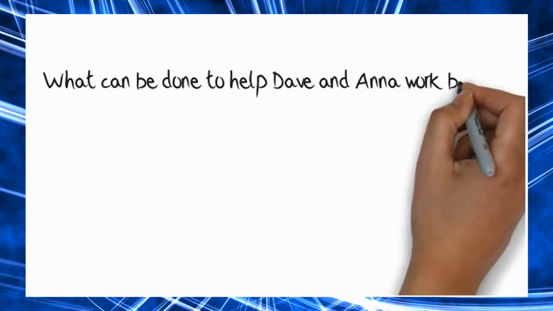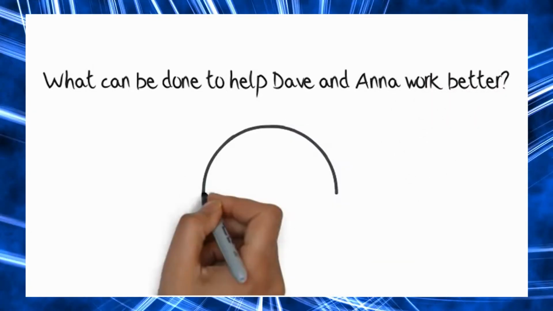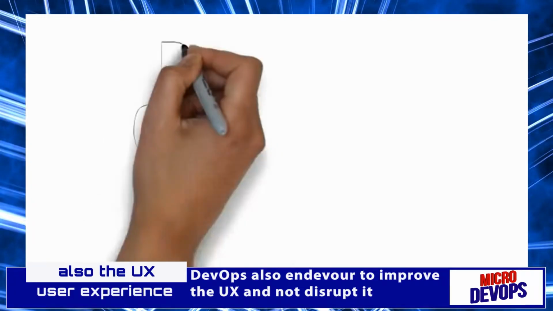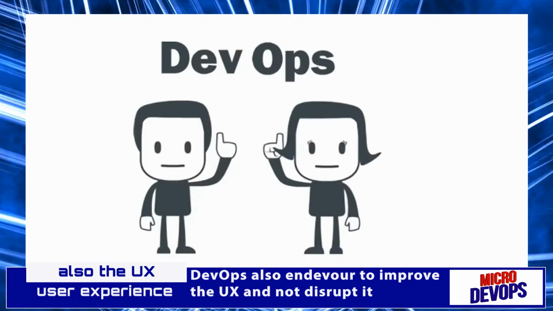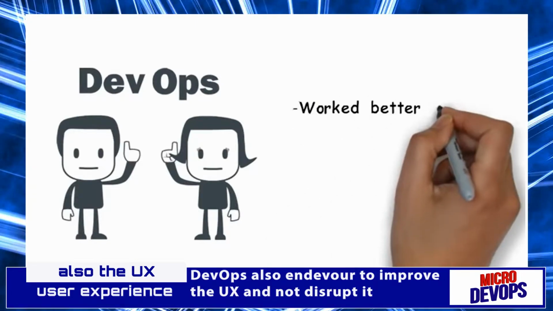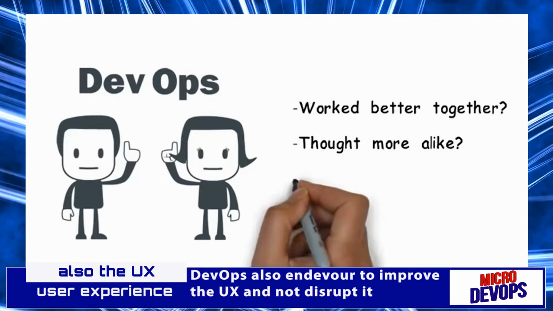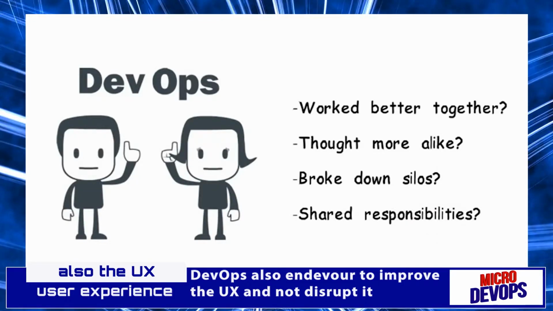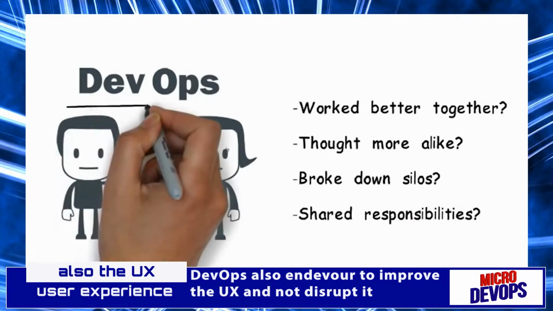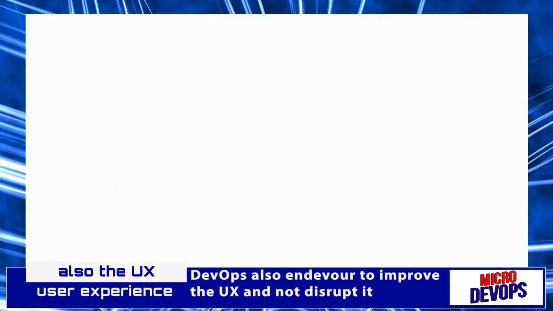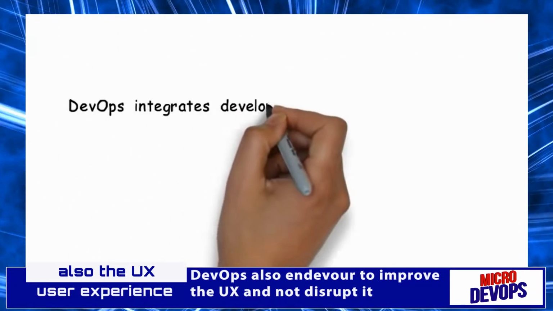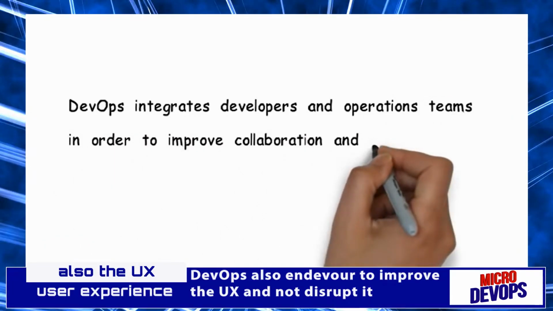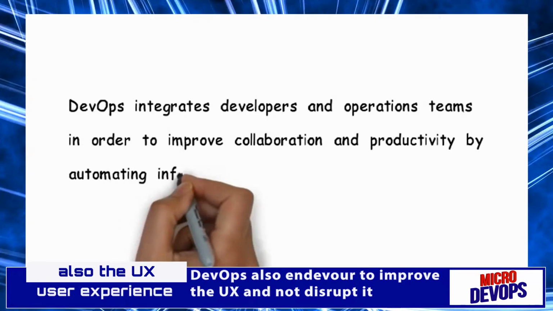So what can be done to help Dave and Anna work better? Ultimately, they want the same thing: happy customers. What if Dave, the developer, and Anna from operations worked better together, thought more alike, broke down silos, shared responsibilities? This would require them to change their mindset on how dev and ops work. So what is DevOps? DevOps integrates developers and operations teams in order to improve collaboration and productivity by automating infrastructure,